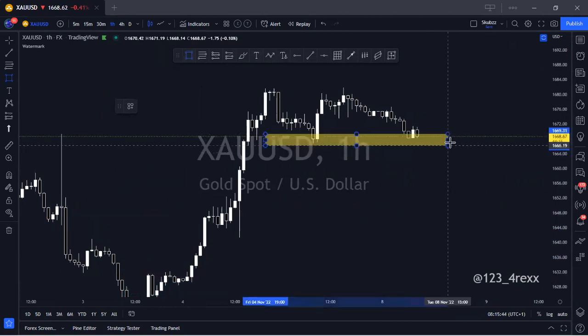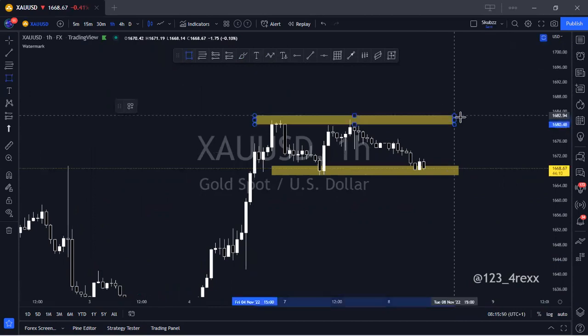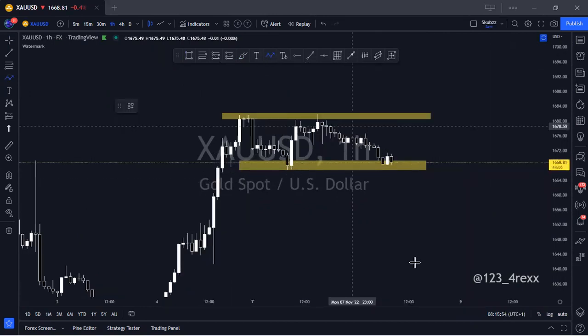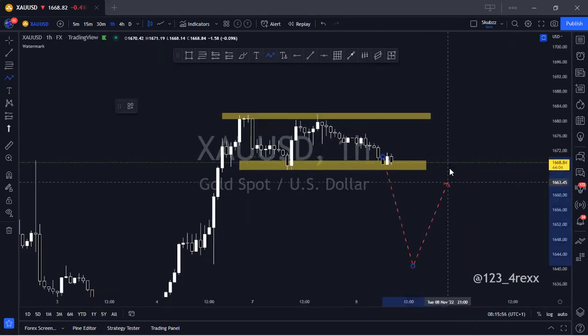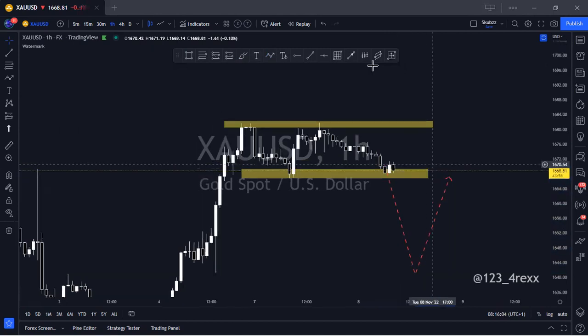So now gold is basically retesting this support level here. We have our resistance up here. So just watch out and see which one it will break first. Yeah. If I have a break below, then we'll be looking out for a retest. But then if we don't have that break below and then price just retests it and goes back up, we'll look and see if price will break above. That's basically all on gold. It's very simple. So what other pairs do you guys want us to take a look at before we go?